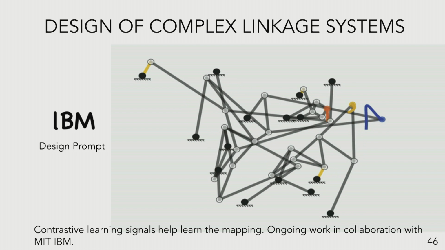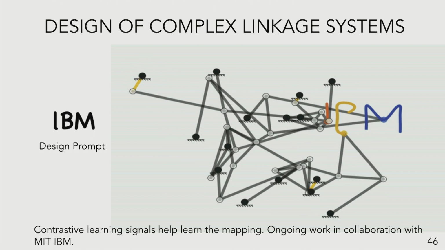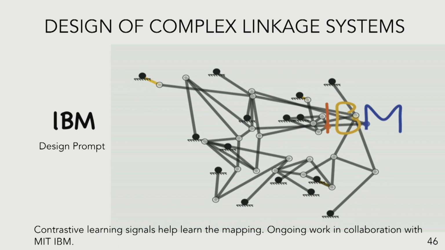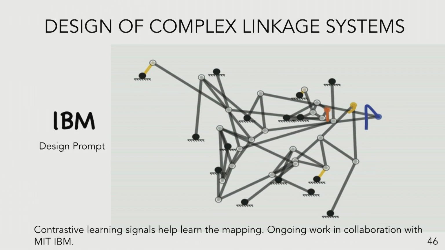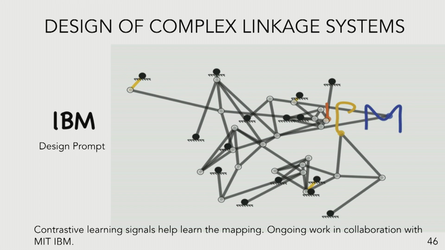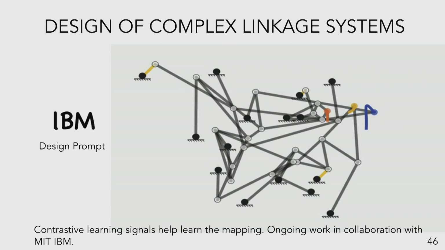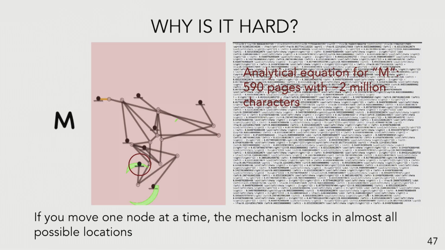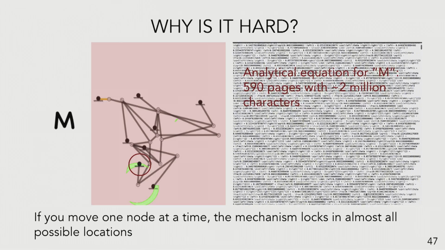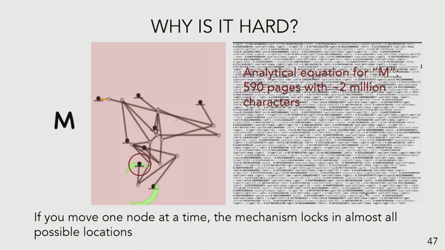But then, you can guess who the sponsor of the project is. We wanted a mechanism with a single motor. It can work on extremely complex structures. And this is really important from an ML point of view also, because this is both a discrete and continuous problem. We are learning what is connected to what and where it is. Just to give you an example, if I take the letter M and give you everything and change one node here,